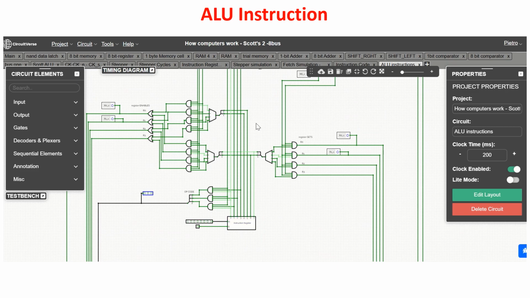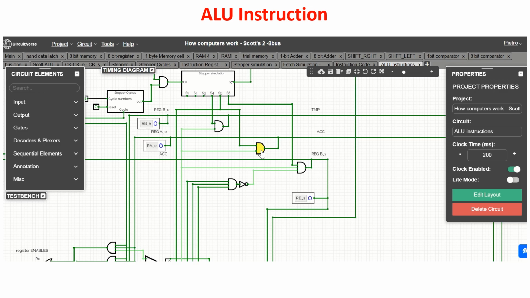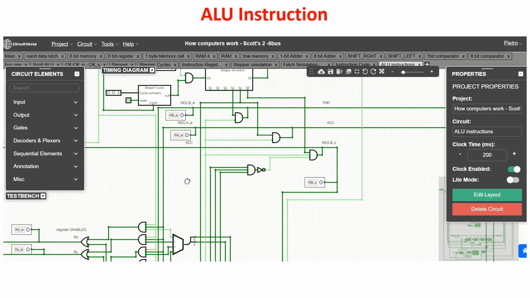So we choose the operation we want to perform in step 5. Also in step 5 we give an enable pulse to reg A. So we put on the bus the other operand for the ALU, in our case the content of register 0, when the enable pulse arrives, of course. And also we give a set pulse to the accumulator to store the result of the ALU operation